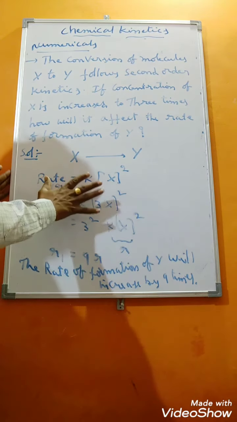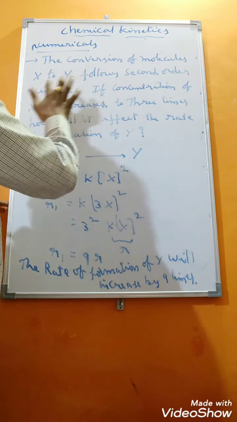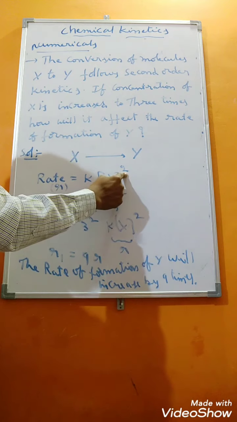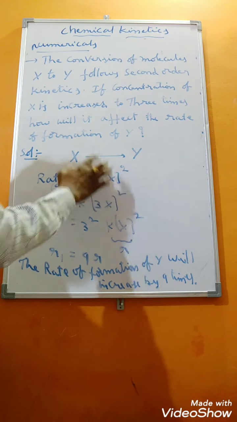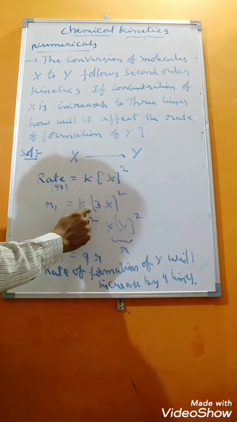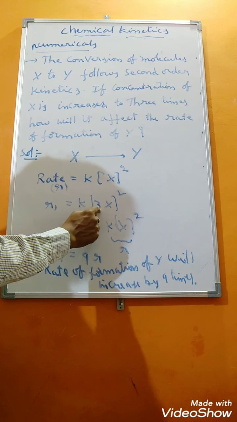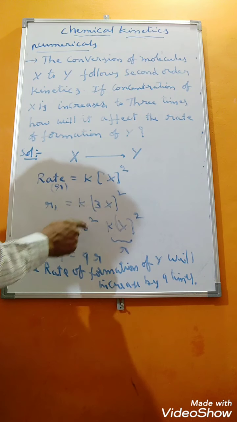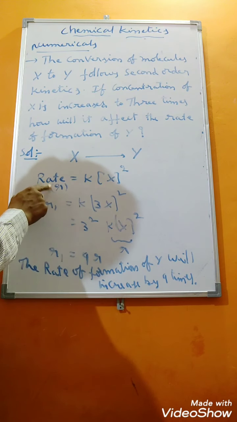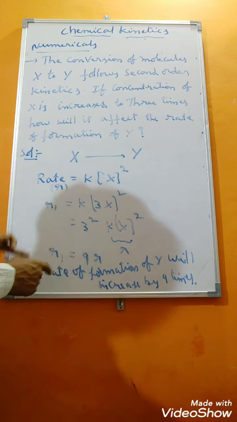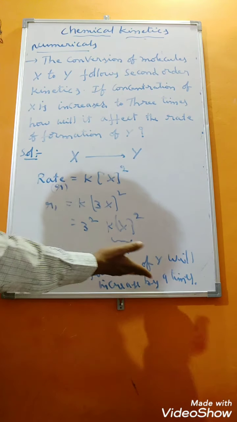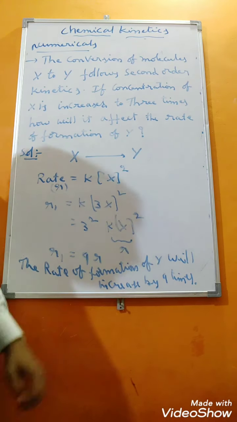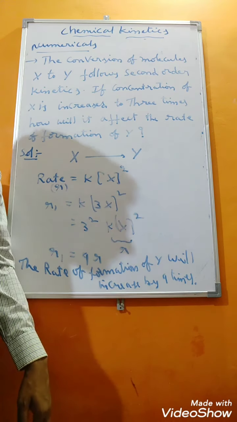See, that is a very easy question. By using the given data, X to Y is a second order reaction. So in the rate expression I have taken the exponent as 2, and the concentration of X is increased 3 times. If concentration is increased 3 times, how many times will this rate increase? We see that the rate will increase by 9 times the initial rate, right student? 9 times increase. Then automatically product formation will also be 9 times. The rate of formation of Y will increase by how many times? 9 times. Understood students, everybody, this one?